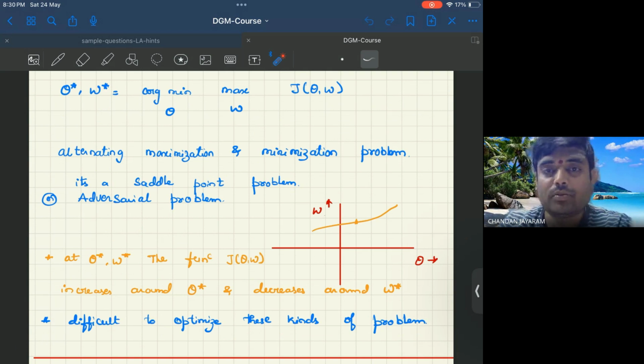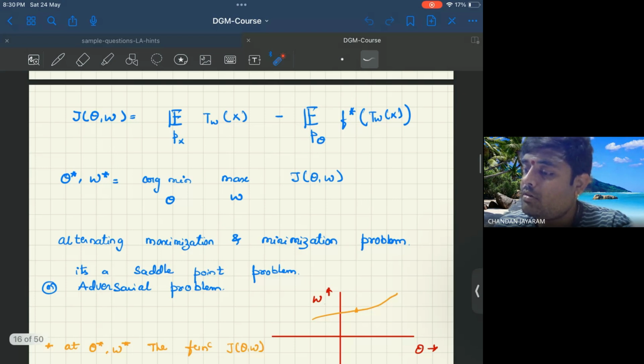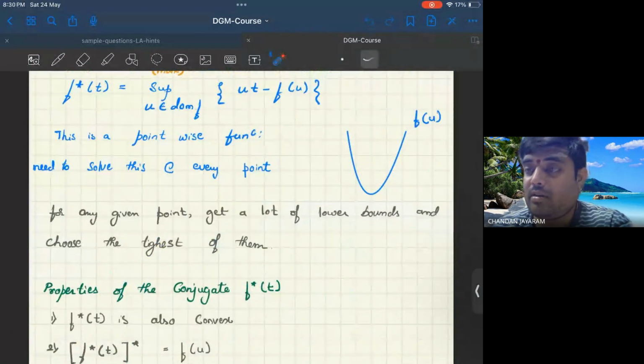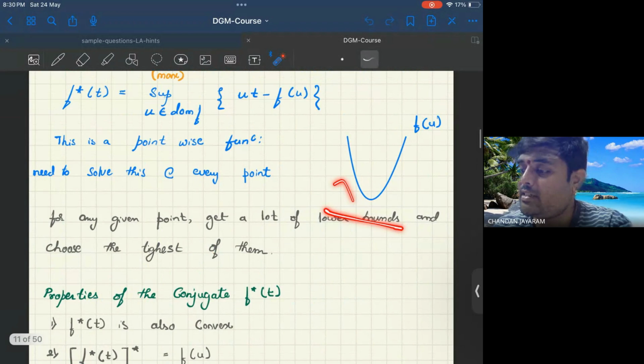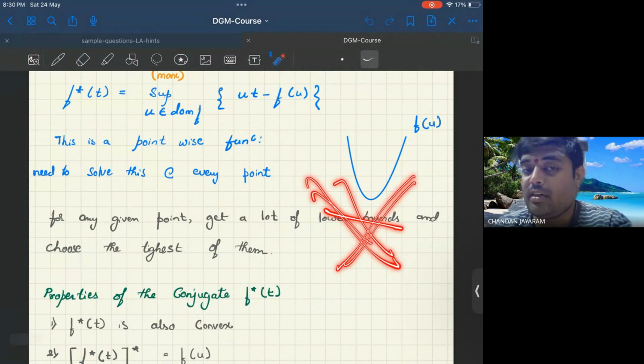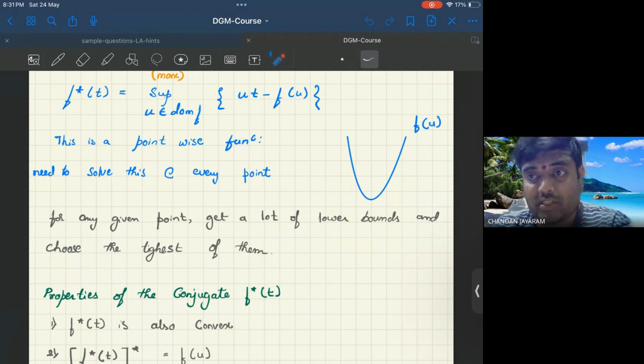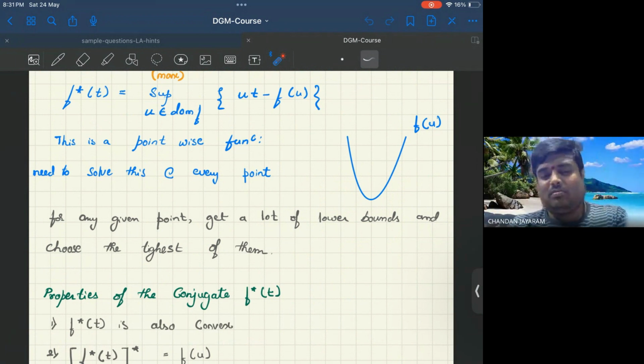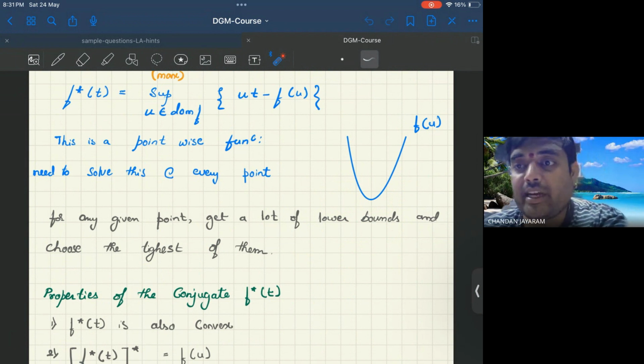No. He wanted to just make sure what you mean by a lower bound. Now, you are referring to this thing, right? The way in which he wrote a parabola, and then he wanted to write a lot of lines here, and then say which is the tightest linear bound. Is this what you're saying? Yes, sir. So for each x, we are trying to find a function. No, that was just an example. We don't have any restriction saying that it has to be only an affine form.